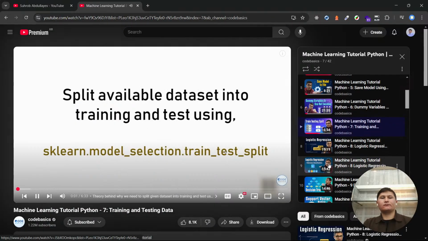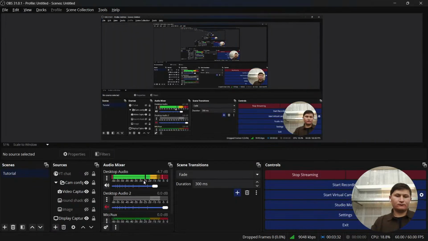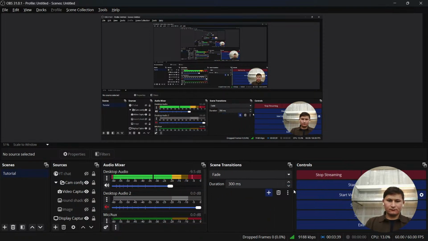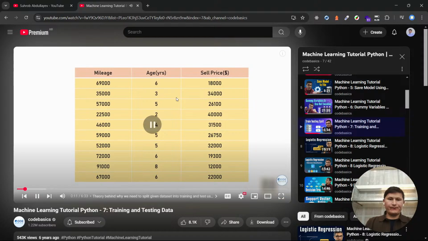In this video, we are going to look into how to split your dataset into training and tests using sklearn's train test split method. Usually when you have a dataset like this,